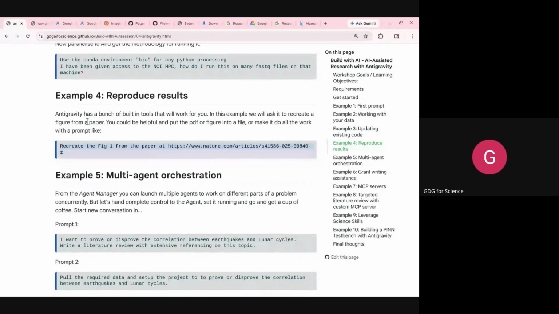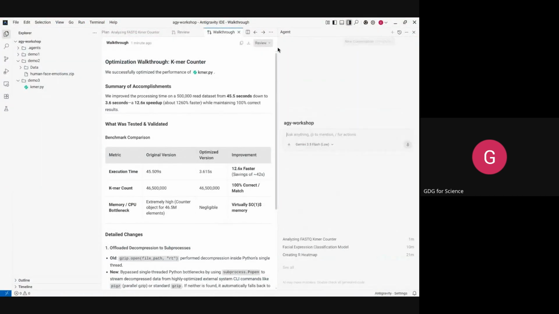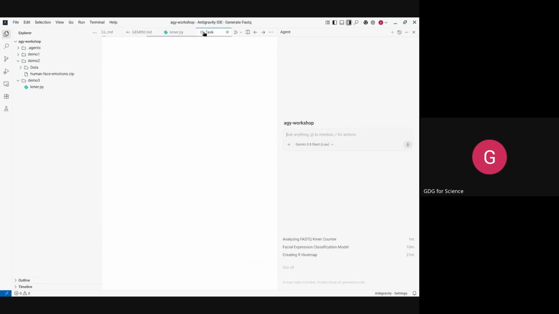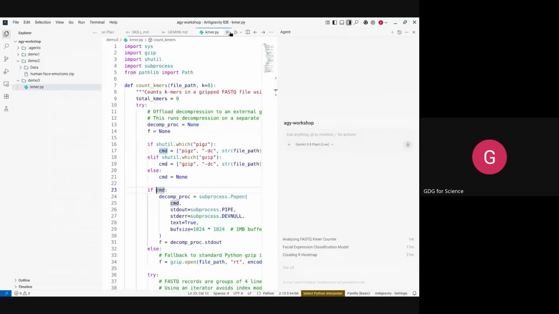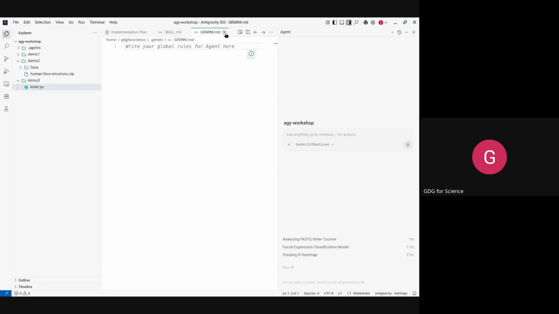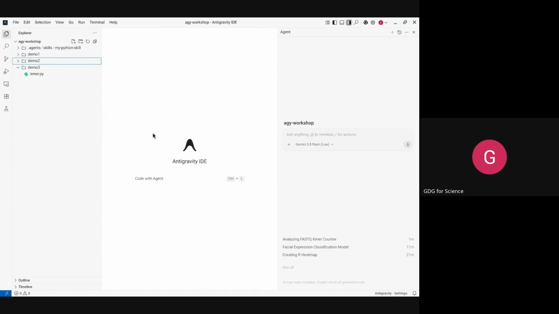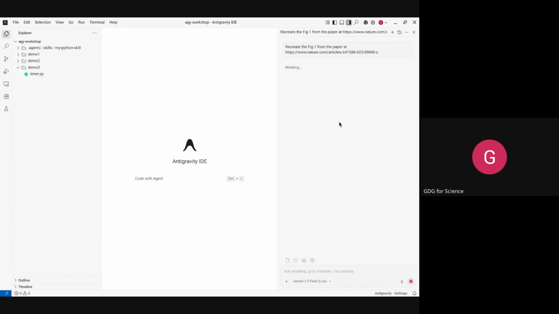I'll run example 4. So I'll get this one going. I'll just start a new chat, close things up. It doesn't take things that are open into its context by default, by all means. Okay, just closing things. Close that as well. And I'm just going to say, recreate the figure 1 from the paper at, and I want to see what happens. So hopefully,